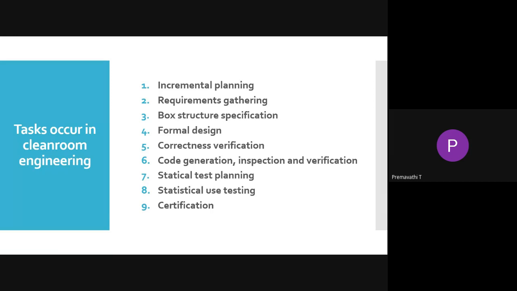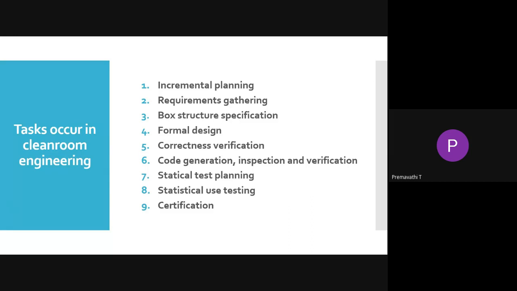A more detailed description of the customer level requirements is developed here.